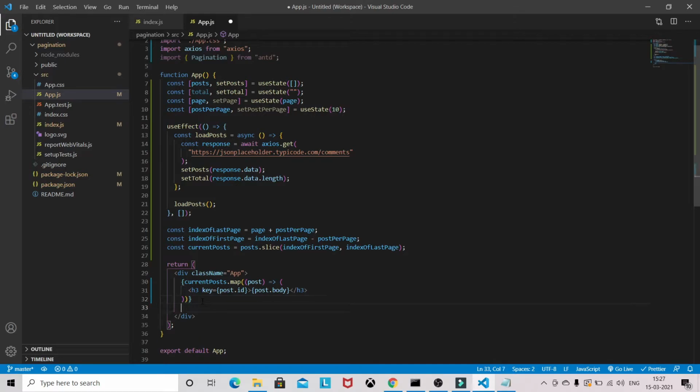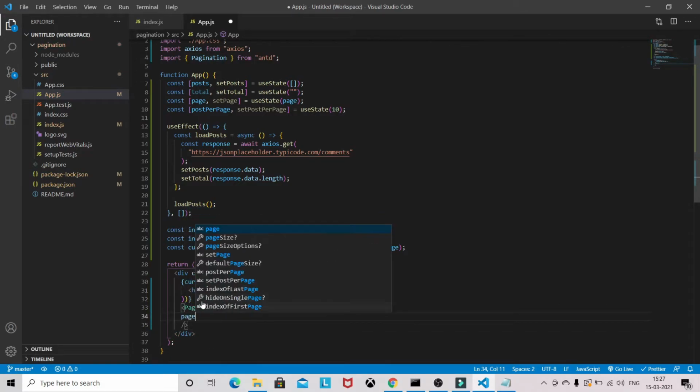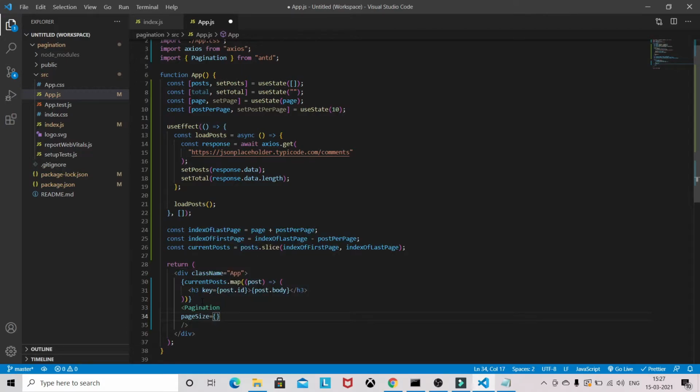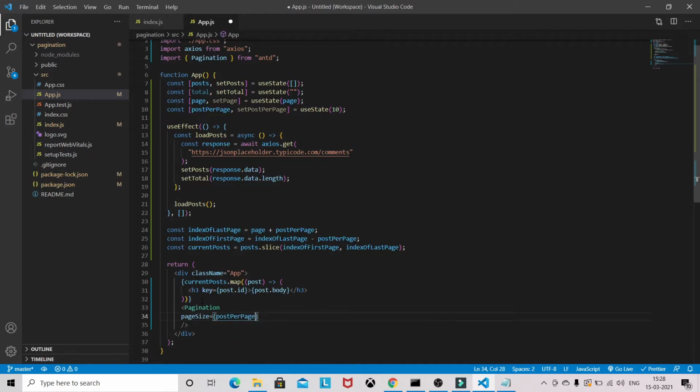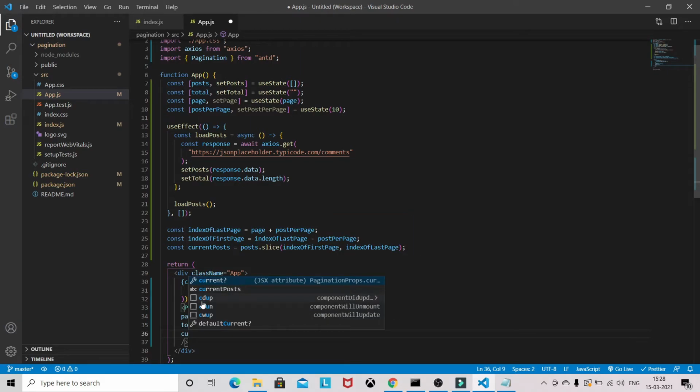Now we will use our Pagination component. Page size we need as post per page, then total and current.